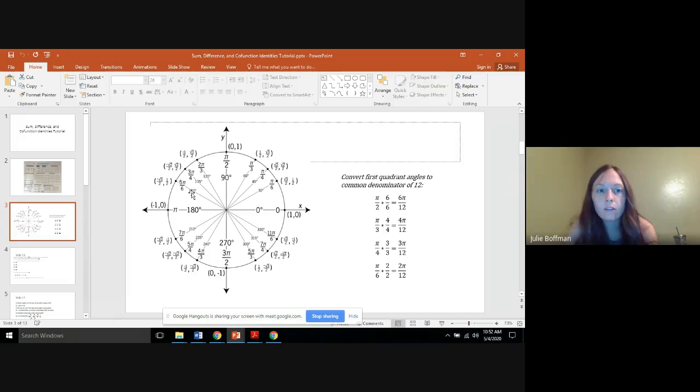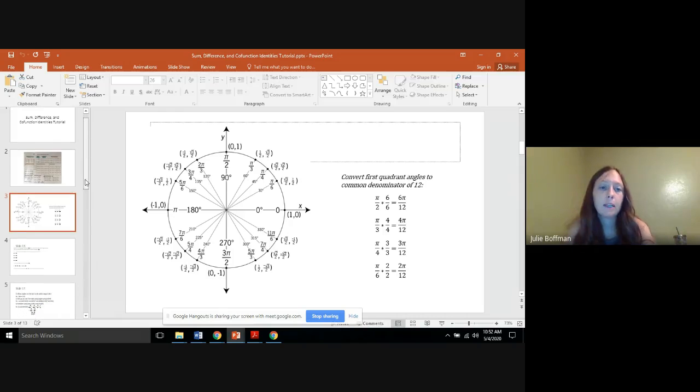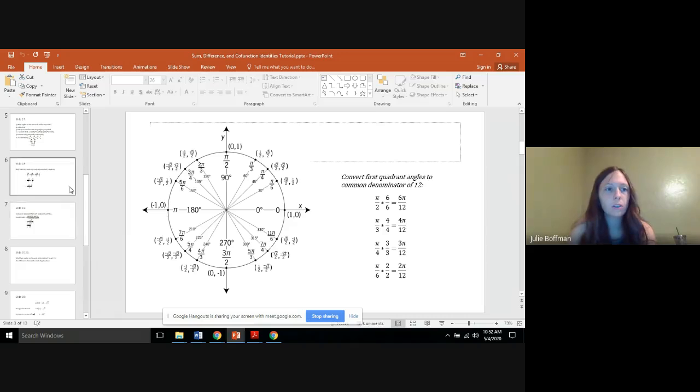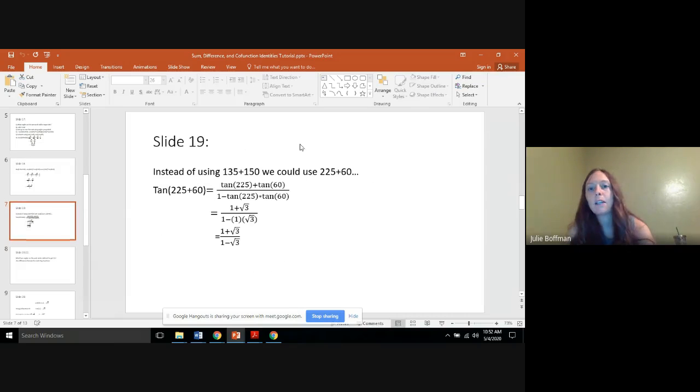If you use 150, the denominator 2's will cancel, but you'll have 1 over negative square root of 3. And then you have to rationalize, but that's still going to be a fraction, and then you have a fraction within a fraction, which is kind of messy. So let's see if we could get around that by picking another set of angles. What they did, and what they want you to do to get the same answer they got, is pick